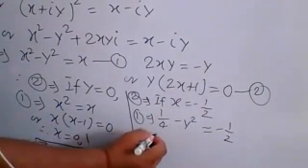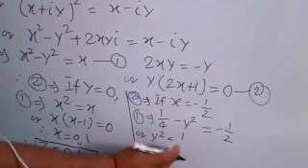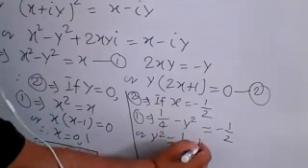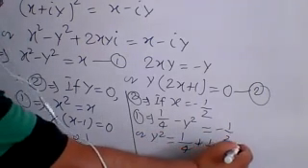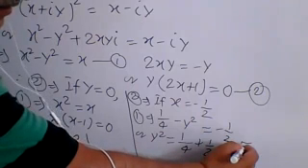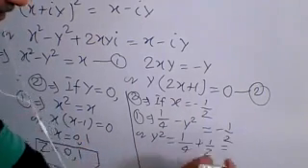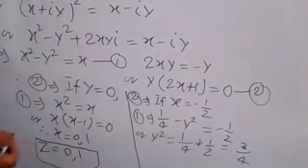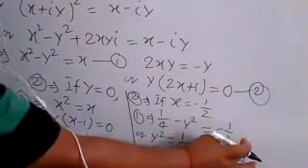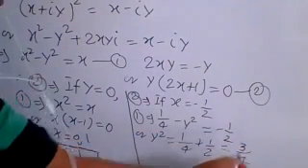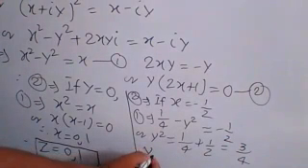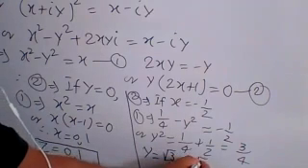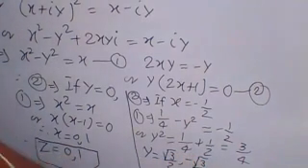Or you have y square is equal to 1 upon 2 plus 1 upon 4, that is equal to, here you solve, I think. So the value of y square is equal to 3 by 4. Okay. So the value of y can be written root 3 by 2 and minus root 3 by 2.